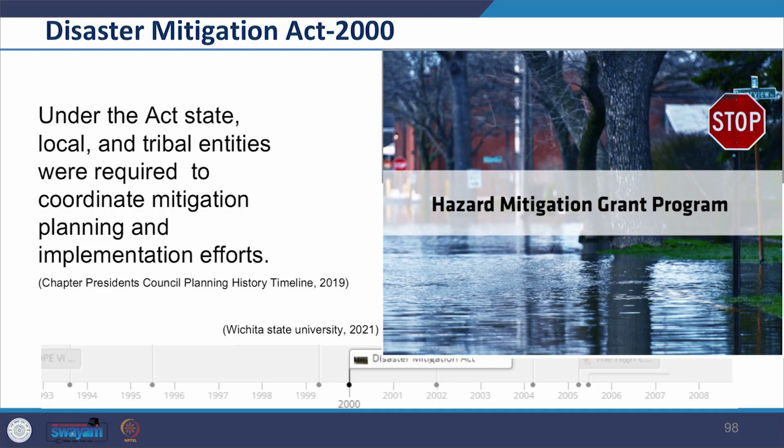Under the Act's Hazard Mitigation Grant Program section, communities that had received presidential declaration of disaster could apply for grants for disaster mitigation. The Act also included new requirements for state, local and tribal entities to coordinate mitigation planning and implementation efforts.